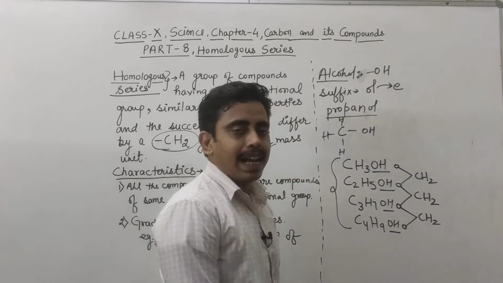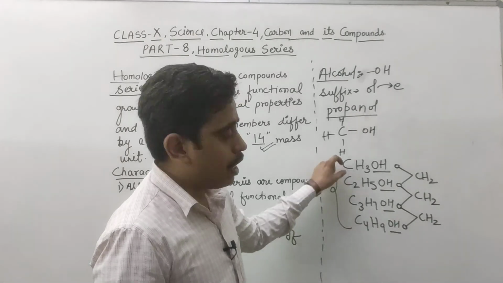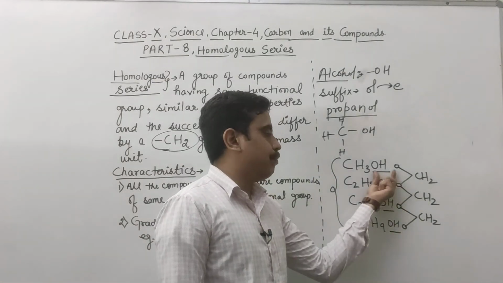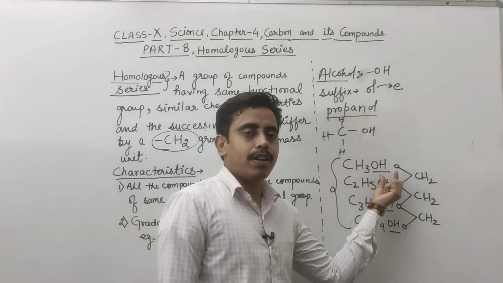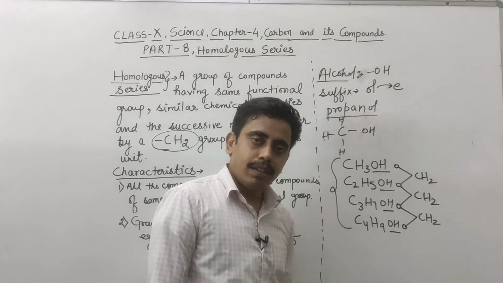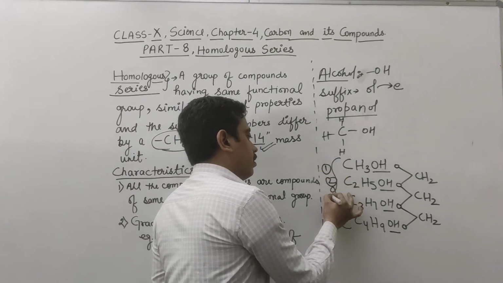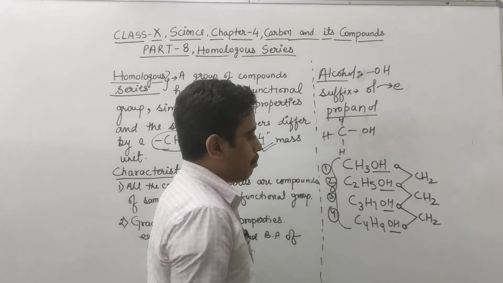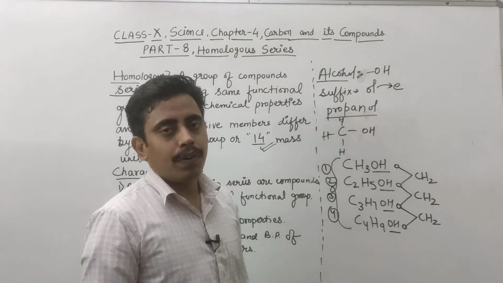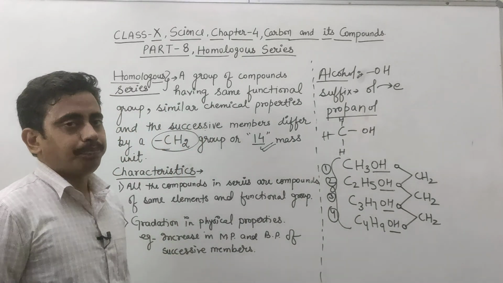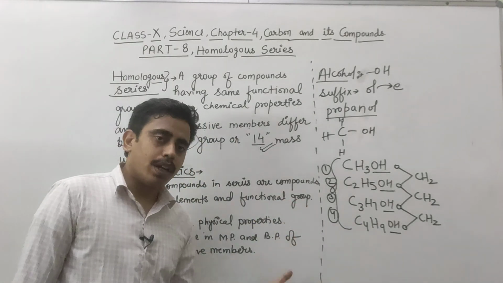So we can also understand by using this example that a series of या फिर a group of compounds having same functional group, देखिए सभी में same है, OH, OH, OH and OH, alcohol functional group. They have similar chemical properties, and the successive members, this is the first, second, third and fourth member, have the difference in them by a CH2 group. So these type of group of compounds are known as homologous series. So from this example you can understand what are homologous series.